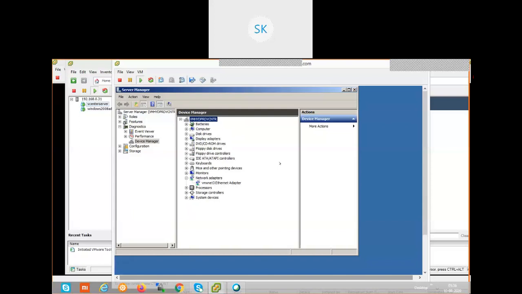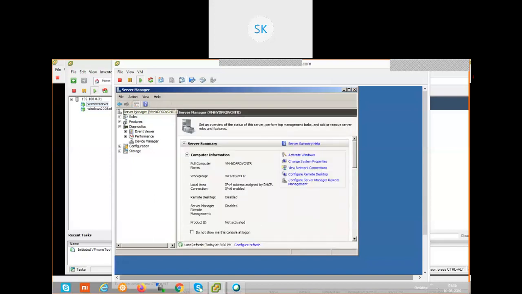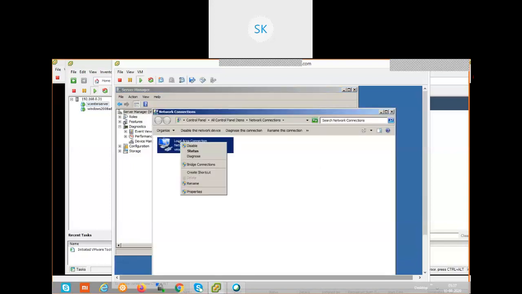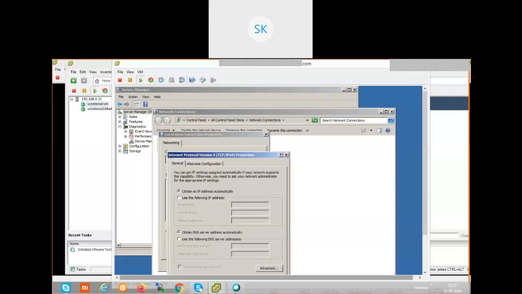Okay, now we are going to assign an IP address for this particular system and join it to the domain, and make it ready for the requirement for which we deployed and created this virtual machine. The purpose is to install vCenter Server, vSphere server, the centralized management console. Go and assign the IP address and add to the domain. What is the prerequisite for the vCenter Server? Let it complete the IP address information.